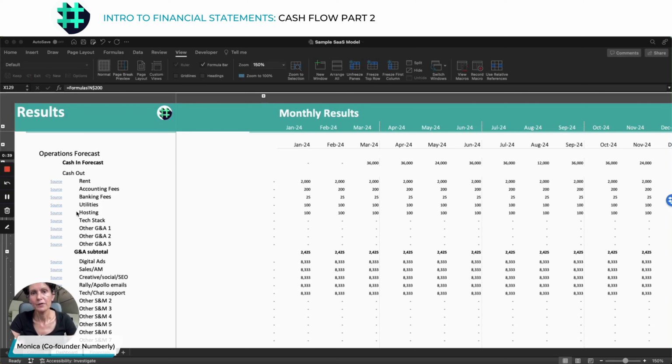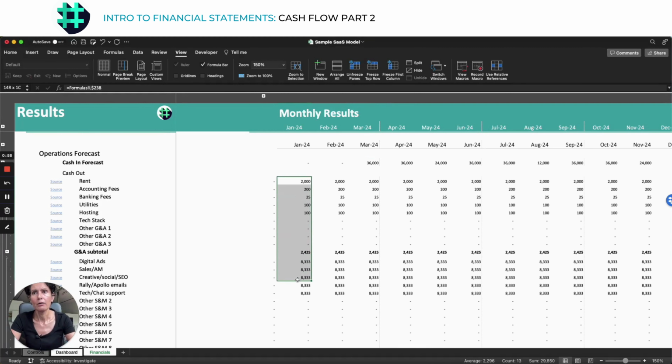So in the prior video, I talked about cash flow from the perspective of cash coming in, your license revenues and the timing of those payments. Today, I want to talk about the cash going out and the balance between the two and how you might think about managing that. So let's say, for example, all of the sources of cash going out are listed out in the model